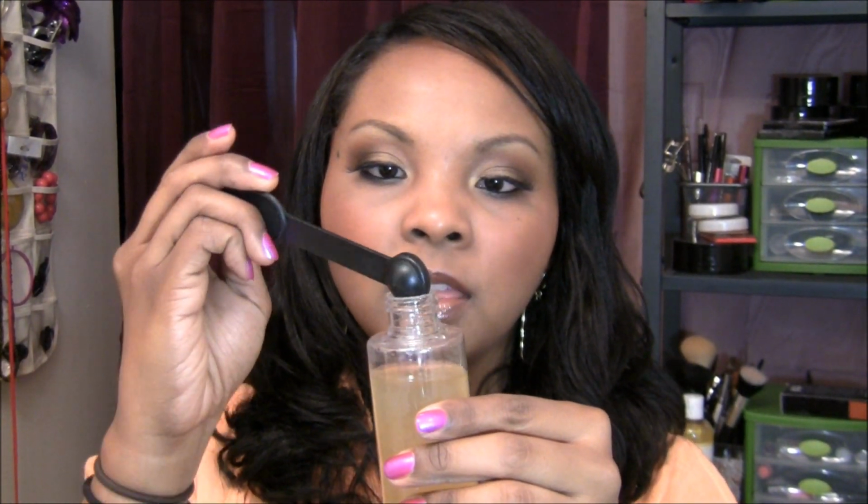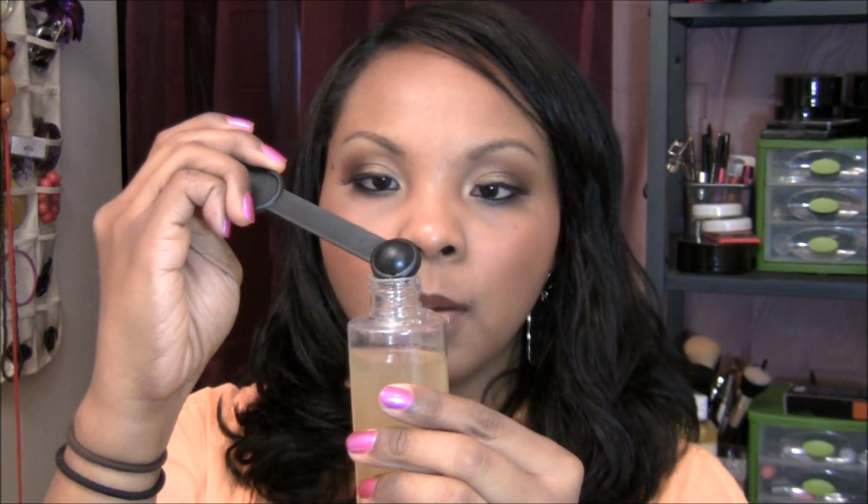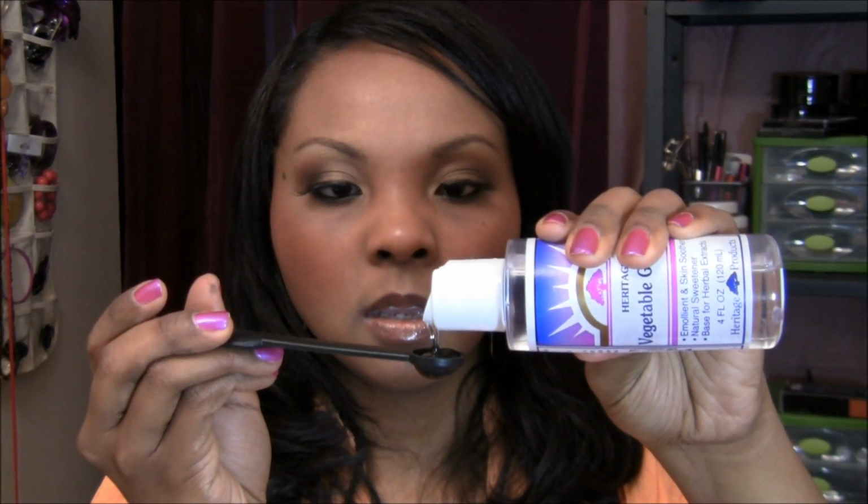Okay, now I'm going to take, this is a 1/4 teaspoon measuring spoon, and then my vegetable glycerin, and I'm going to put 2 of these in there. So essentially a 1/2 teaspoon of glycerin. And glycerin is very thick, and it's a humectant, so it helps to keep our skin moisturized. So there's 1, and then there's...